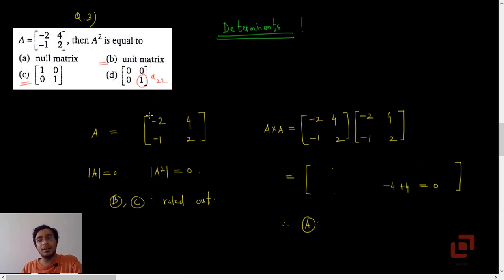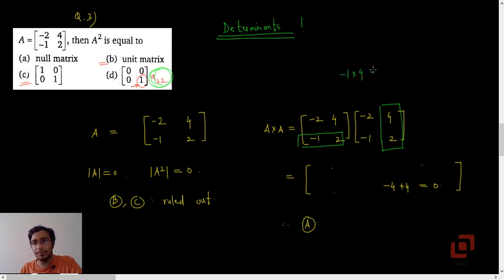Okay, so like we did in the first problem, if we just calculate A22 of the product, or A raised to 2, if it is 0 then option A, if it is non-zero then it will be D. Now to find the element A22 of the product, we will consider the second row of the prefactor and the second column of the post factor.